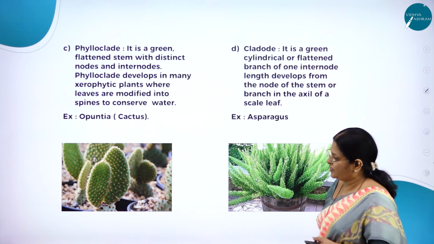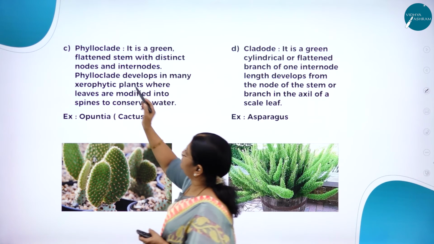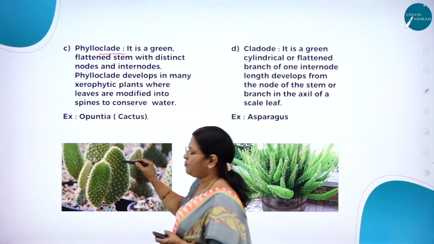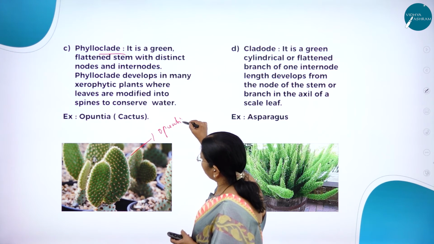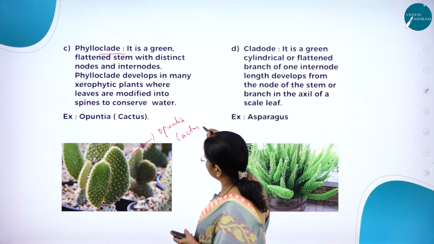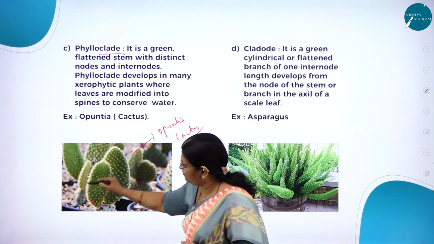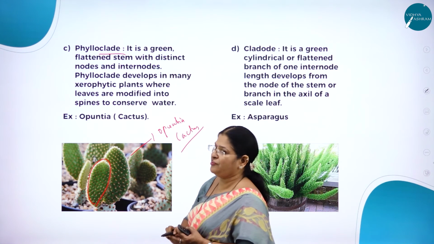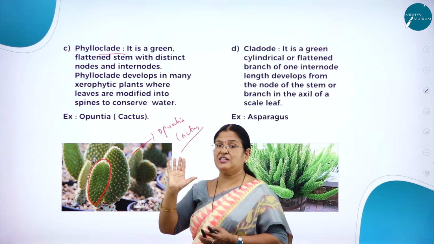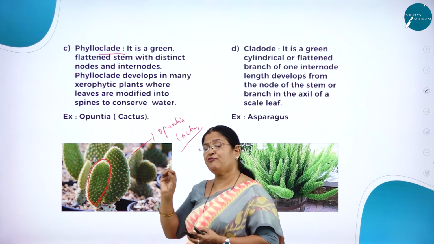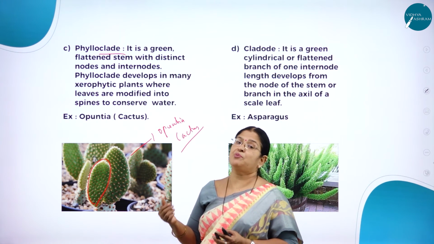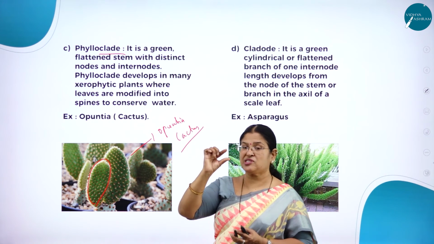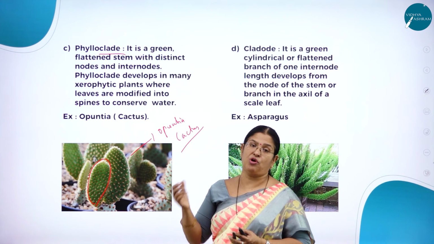Moving on to the next very important example, that is phylloclade. Hope all of you might have come across this beautiful opuntia. We usually use the word cactus. Hope you can see the phylloclade. Why is it called phylloclade? It is a flat green structure. And why do you find thorns over the cactus or opuntia? In order to avoid the browsing animals. And it is thick and fleshy, filled with water.